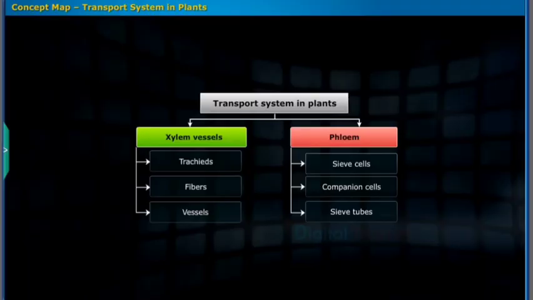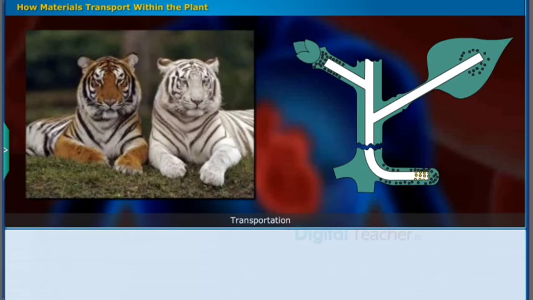Let us now look into the concept map of the transport system in plants. So far, we have learnt about the